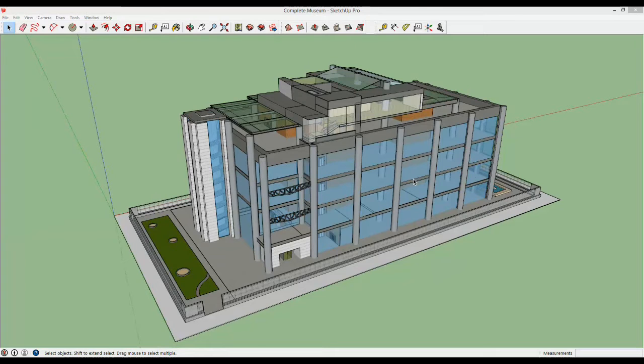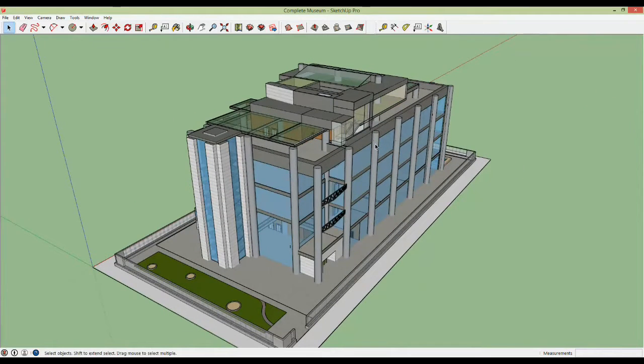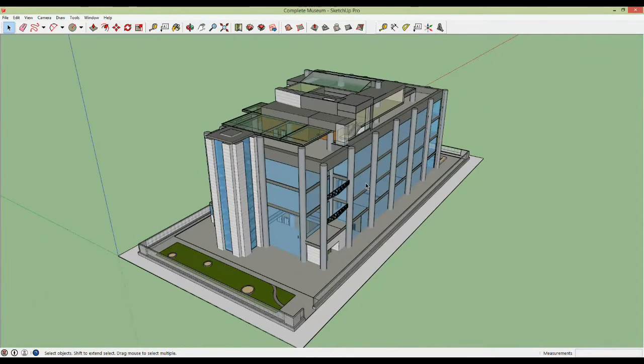we'll break this up into individual pieces, bring it into Lumion, reassemble it so that we can have construction type animations. So you can see my model. I'm in SketchUp right now, and this is SketchUp Pro, and I have the textures pretty much how I want them to be. And this isn't completely necessary, but it will make the process easier once we bring it in